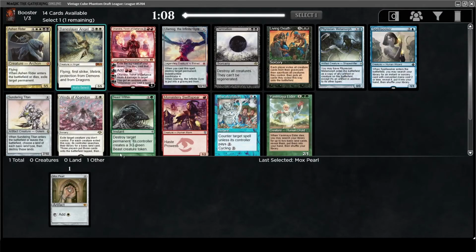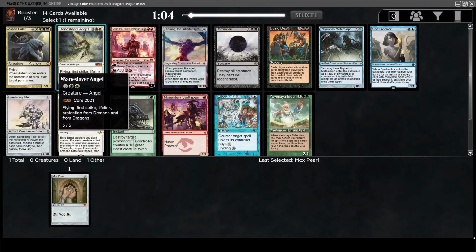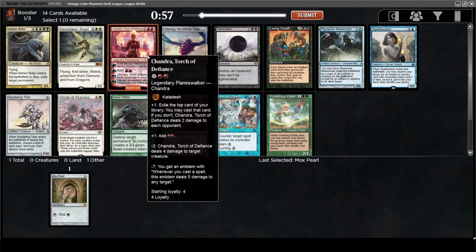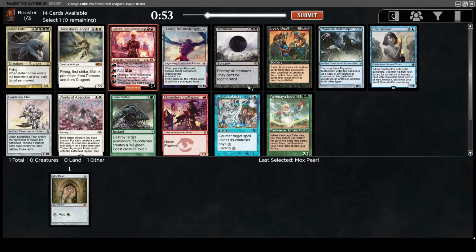Pick one, pack one box is generally very good. This is not a great mono white pack. There is Chandra, which is probably the strongest individual card. Maybe Spellseeker, depending on what's in your deck. I think I'm gonna take Metamorph. Metamorph goes in literally any deck,